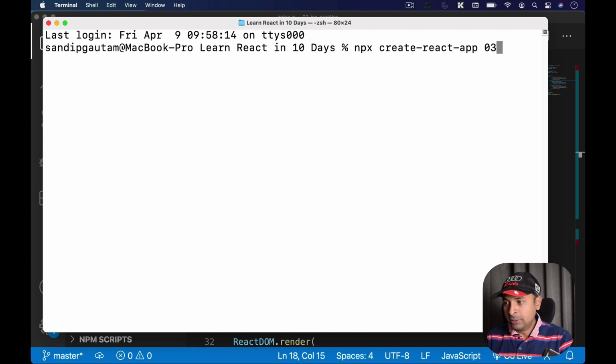And I'm going to give it a name. So this is my second day actually. So day 2. So I'm going to give it 02 as a name, and I'm going to call it components. 02 components only, because we're going to talk about components and props. I'm not going to give it a name of components and props. I'm just going to give it a name of components. So let's create this project. I'm going to press enter.